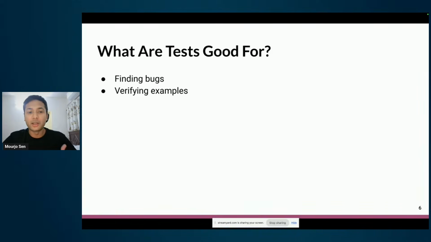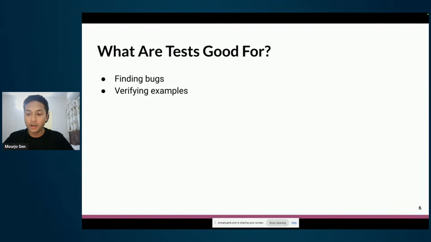But they are not the same thing. Finding bugs and verifying examples are quite different, because fundamentally verifying examples means that the author, that is me who's writing the test, has to know what you're testing for. Whereas the nature of finding bugs, on the other hand, has this innate unknown space that I may not be aware of, but my code might have a bug. So that's where I start today.